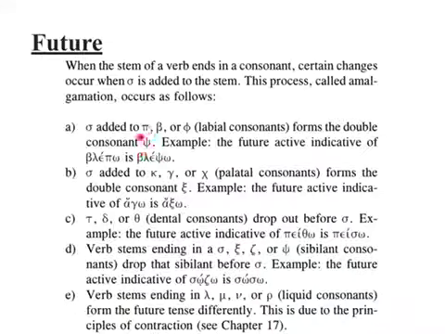Yep, see that right there? So if a sigma is added to any of those, P, beta, or phi, it turns into a psi. So just think, anything that you can use your lips to make the sound, it's going to turn into a psi. It's the easy way. So blepo, because it has the P right there, if you add the sigma, turns into blepso. Got it?